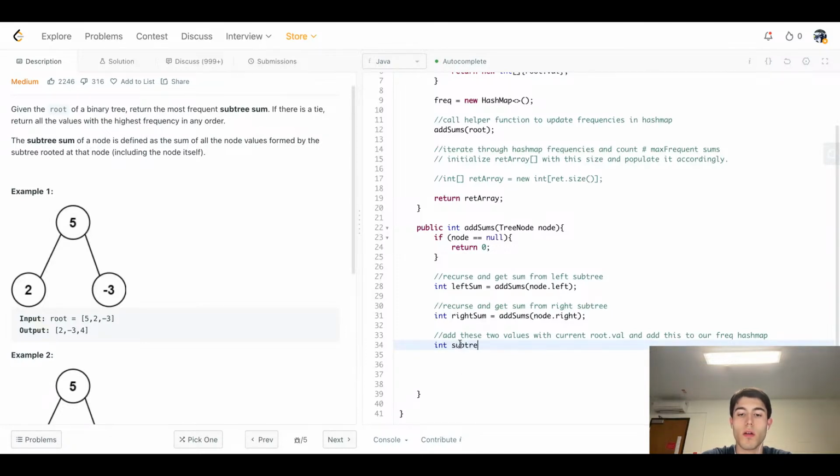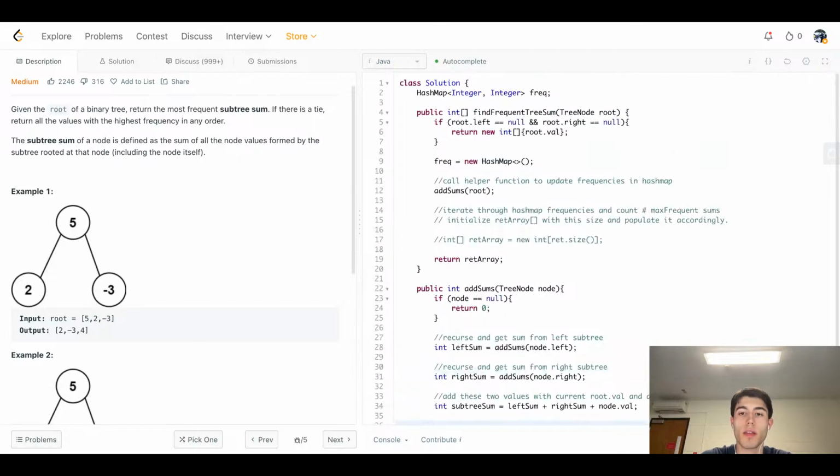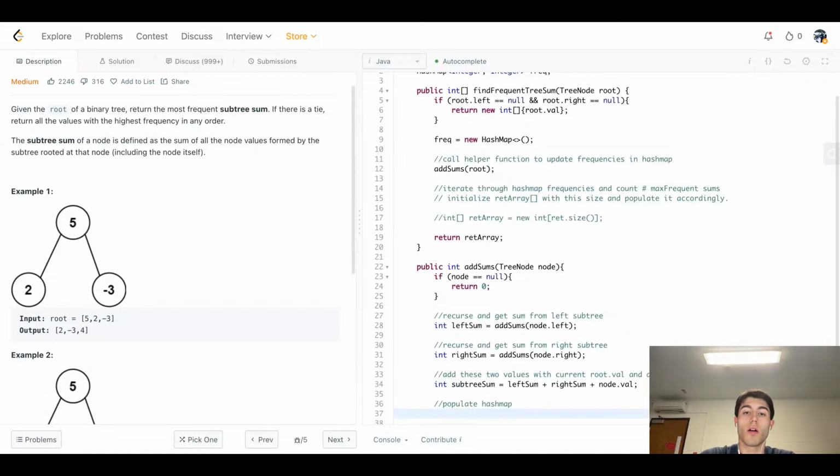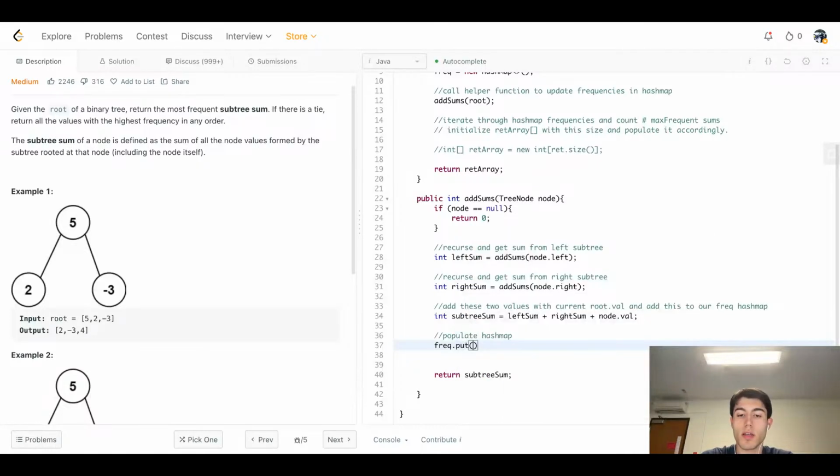Or the subtree sum is going to be left sum plus right sum plus the node.val that we're on. And now here's where we're going to populate the hash map, and we're also going to return this. So populate the hash map here, and then we're going to return subtree sum because we need to pass that value back up the tree. So here, all right, we're going to do this check or put, and then,